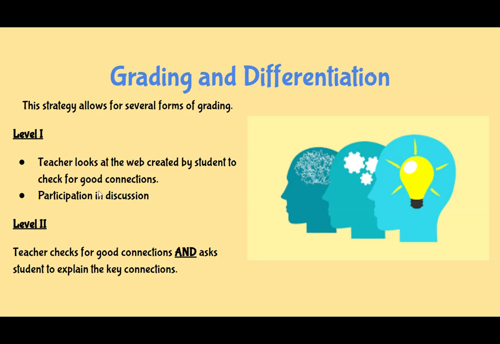So here's some ideas for grading your level one kids. Just look at the web and make sure their connections are solid and whether or not they participate in a classroom discussion. For level two, you're going to check for good connections and making sure students do a good job